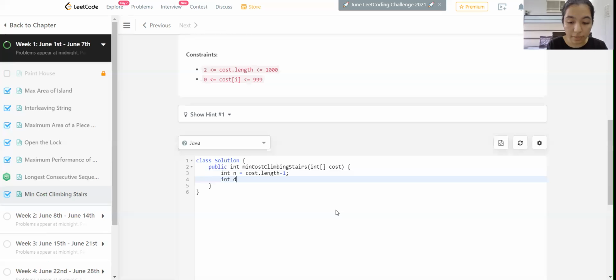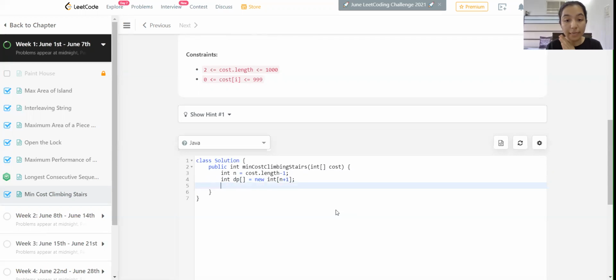After that, we are going to have a DP array, new int n plus 1. Whenever you are making a DP array, it would always be of size length plus 1. If I had taken just cost.length and not subtracted 1 from it, this would have been just n, but as I have subtracted 1 from here, I have to add 1 here.